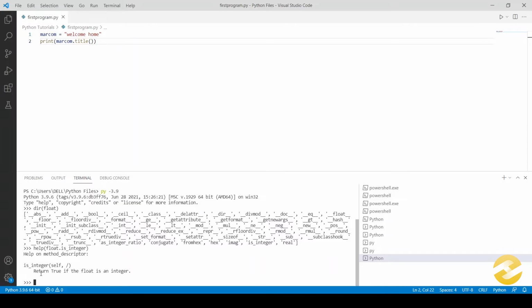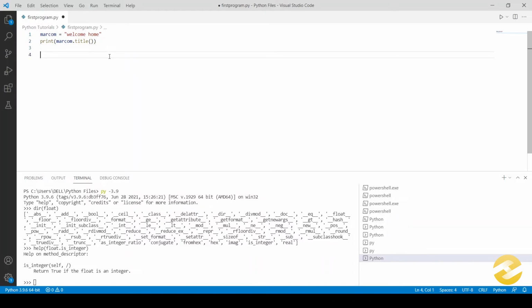It will be a true or a false, depending on whether that float is an integer. If it is an integer, it would say yes, it is an integer, true, and if it has a decimal to it, then it would say no, it is a float, hence is_integer is equal to false. So how about we experience this over here?